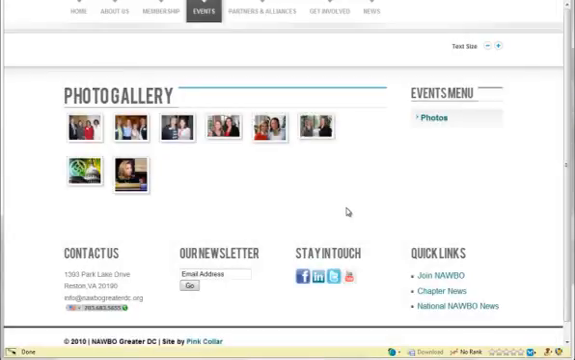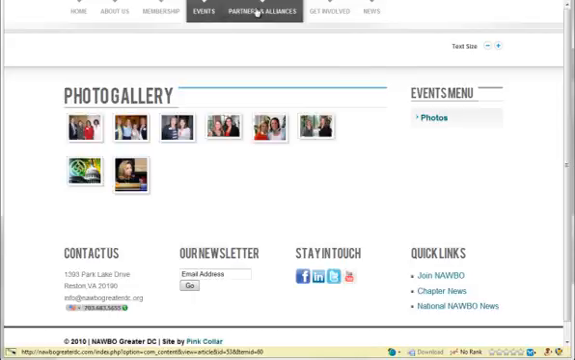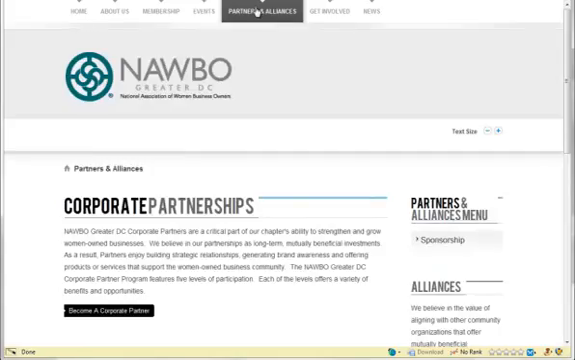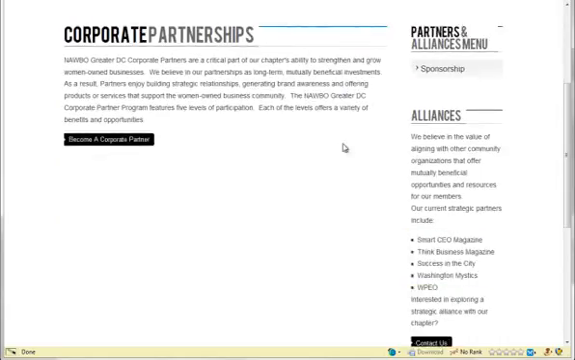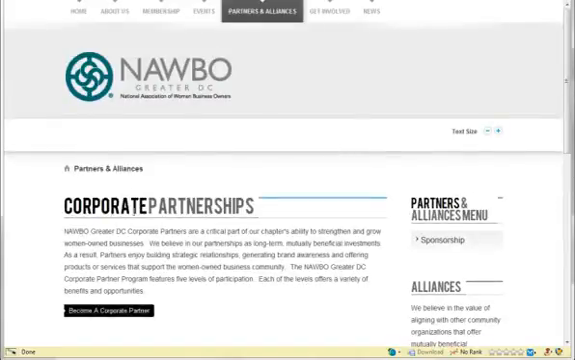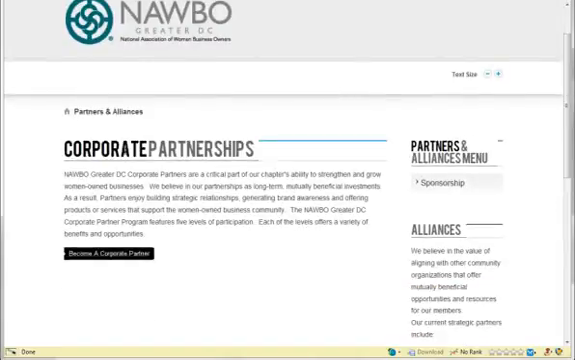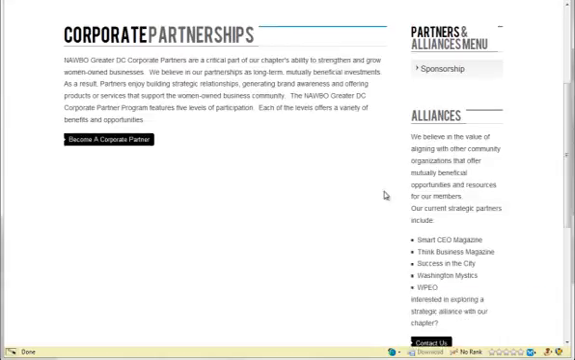Okay, let's go to partners and alliances. Okay, so we looked at this page briefly before. Basically, this talks about the corporate partners, gives a little brief intro, and over here alliances, and lists our alliance partners. Someone had talked about putting logos instead of just having their name here. That's fine, I can do that. If you're interested